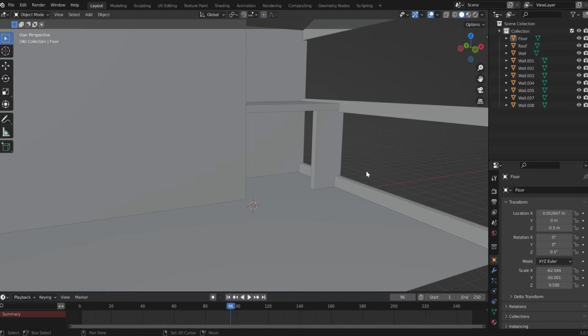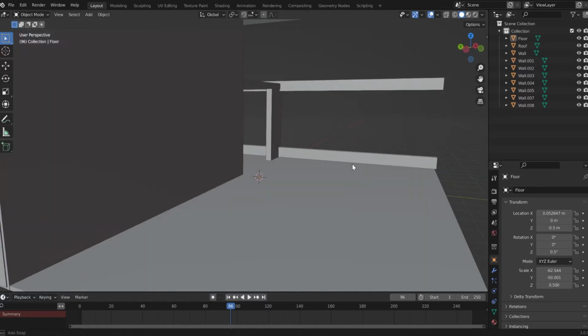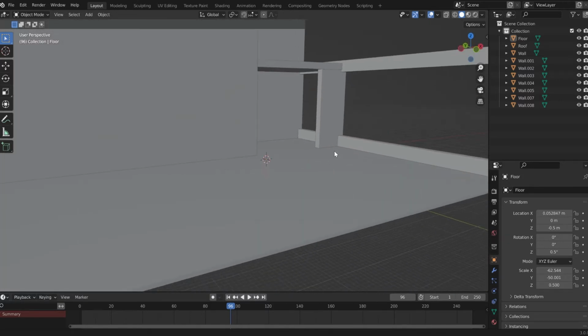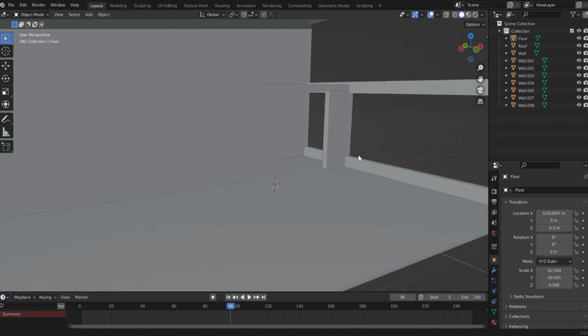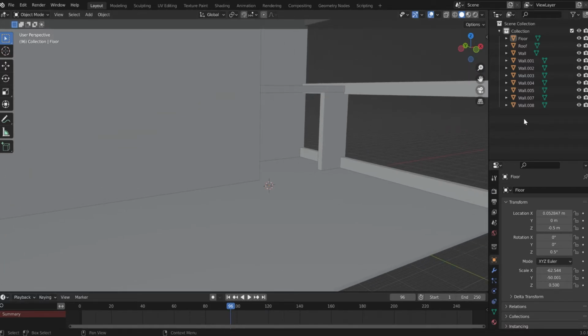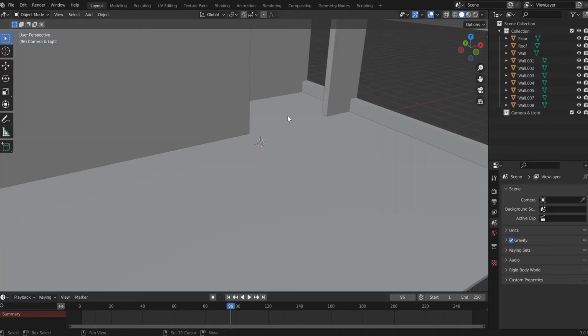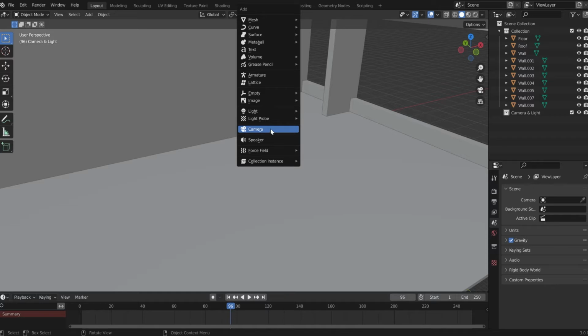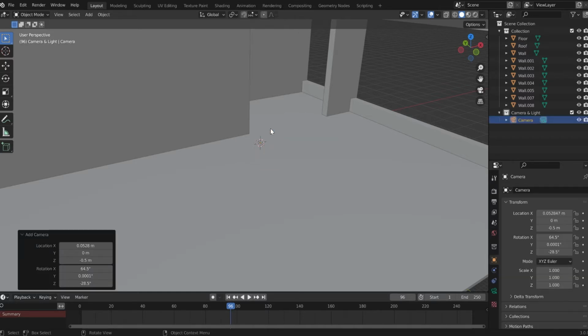Alright, so in the last lesson, we did the blockout part 2, and now let's set up the camera. I'm gonna create a new collection pressing this little button at the top, or I'm gonna press right click, new collection, and I will rename this collection by double click or pressing F2 and call it camera and light. Now Shift A to add a new camera,